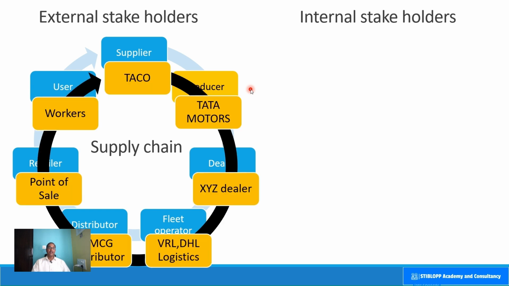The best example that I can bring up here is Tata Motors. Tata Motors produces commercial vehicles as well as passenger cars. The commercial vehicles are the trucks. Now let's take the case of the trucks. These trucks are sold to some dealers, some XYZ dealers. And from these dealers, fleet operators like VRL Logistics and DHL Logistics purchase those products. And using those products, they distribute the FMCG products to the FMCG distributor, like our day to day usage items,